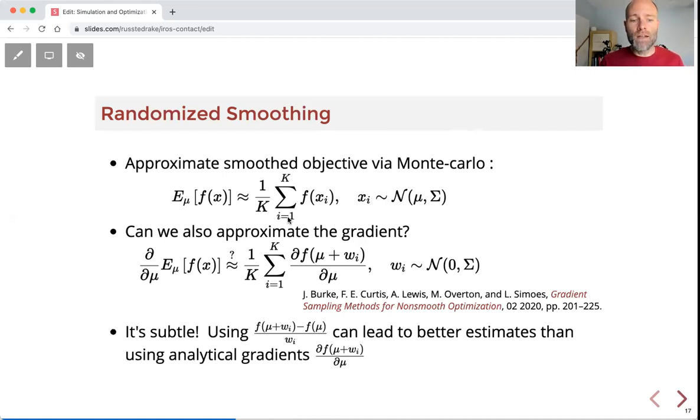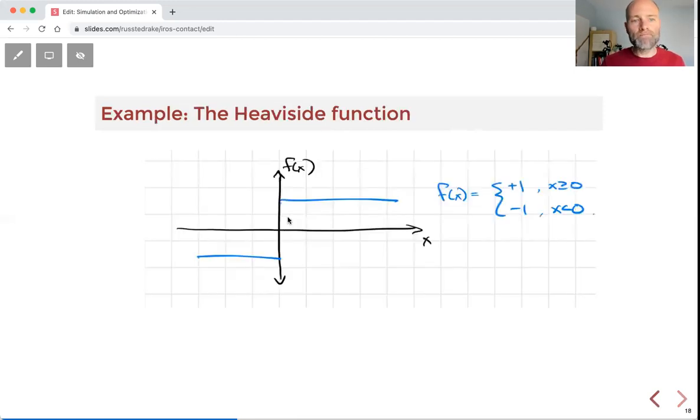Okay, so using a finite difference approximation of the gradient can sometimes be better than using analytical gradients when you're in the non-smooth world. Now, once I show you a couple of pictures, I think it'll be clear to you, but I hadn't fully appreciated that until we started writing down these simple examples. So let me tell you that version. Here's the simplest example. It's the worst kind of example, and it's maybe too hard for the real robotics problems we have, but it'll make my case, okay?